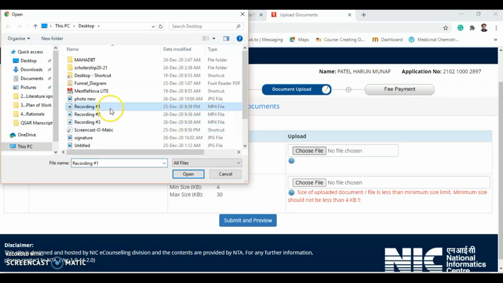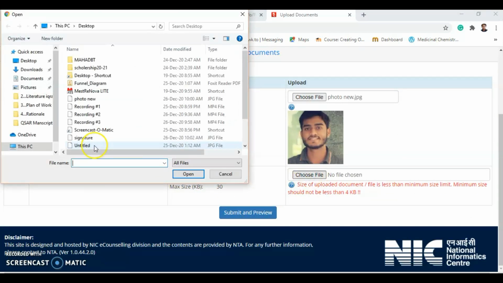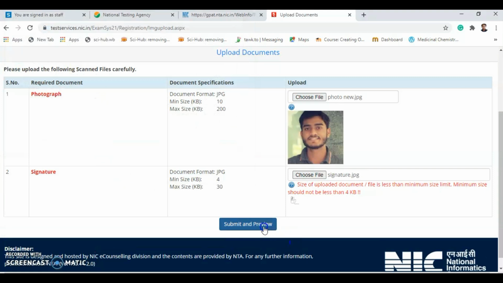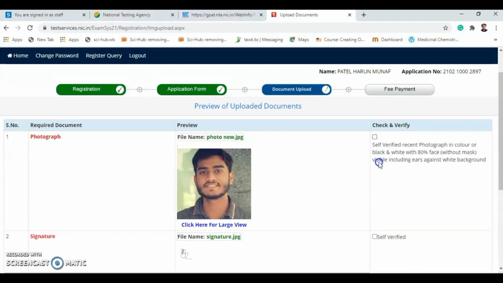Choose photo. Then here you need to choose the signature. So it is saying that yes, the background of the photo, it is preferred that the background should be white.